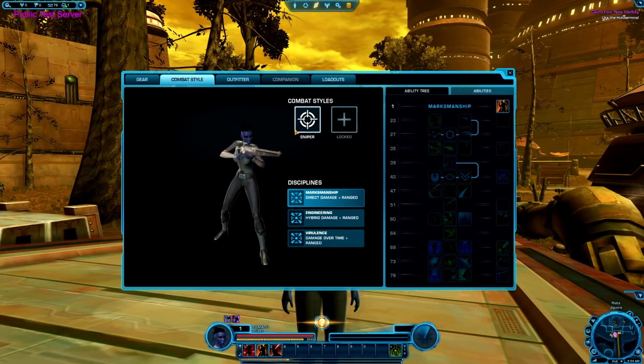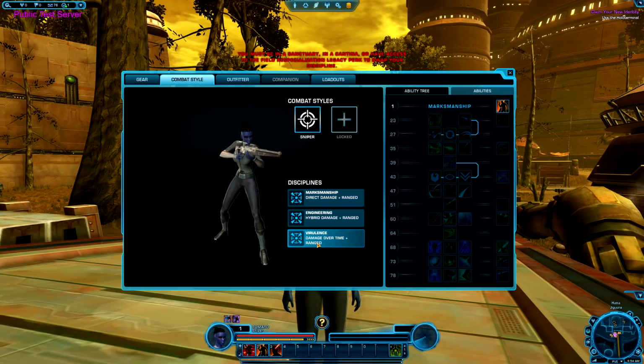So you can see I'm on my level 1 character. I obviously don't have a second combat style available. You know, nobody's going to have one as soon as they create their character. I can, however, switch right away from my 3 different disciplines. So as a sniper, I automatically can switch between marksmanship, engineering, and virulence. Easy peasy. There doesn't seem to be any type of...